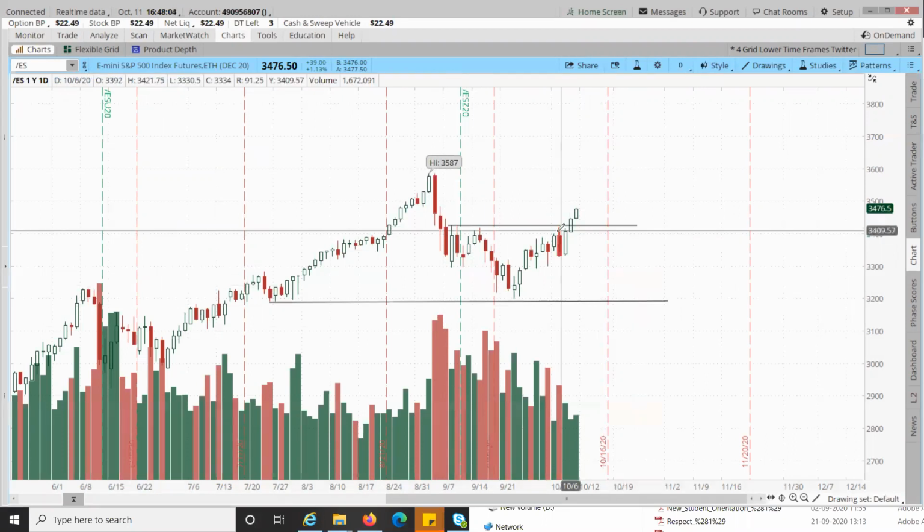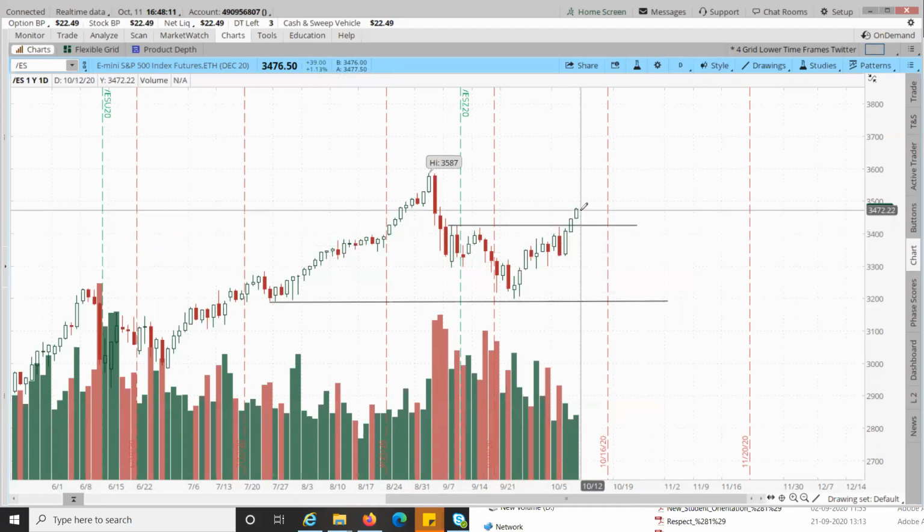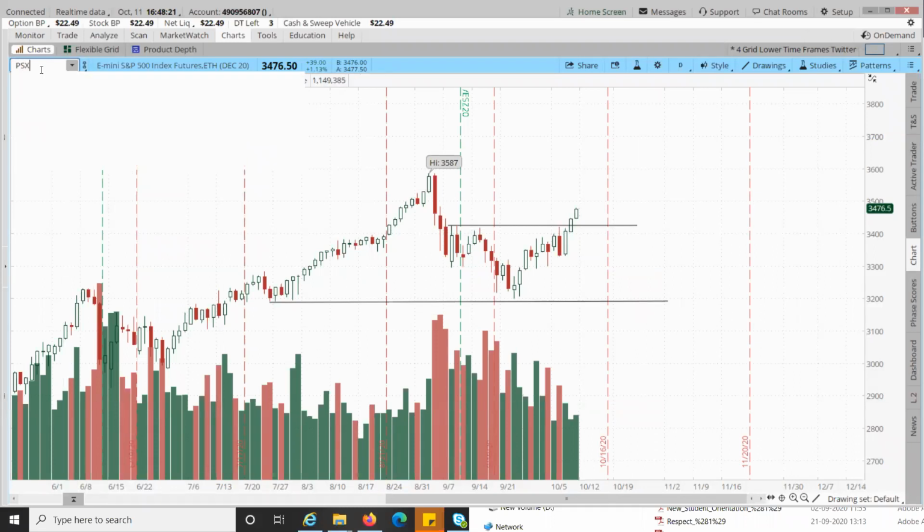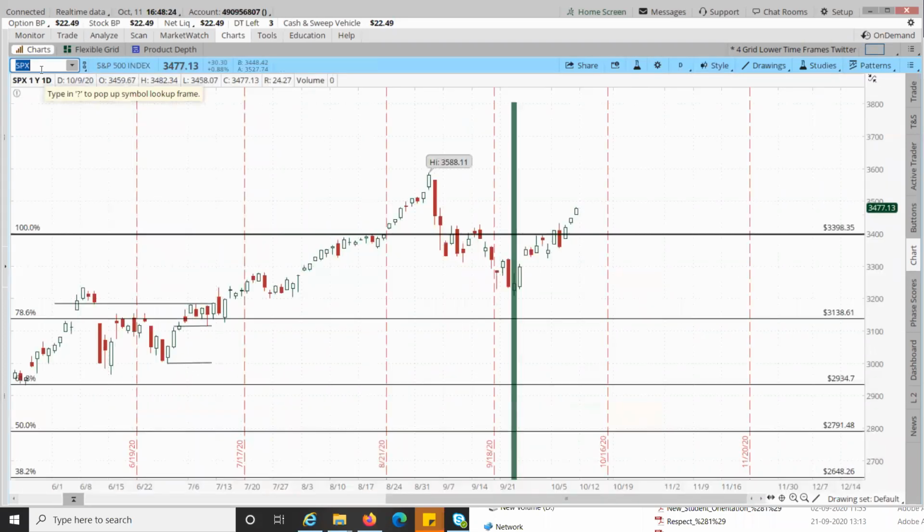That was the 3420 level, which we discussed a couple of times. It failed back once it crossed it up. Now what is the next target? There's no gap here. And one more thing, ES will never have a gap. SPX will show you the gaps, and they are really, really important. In SPX, you have to see, there's a gap. Here there is no gap, which is good.